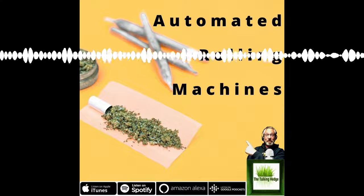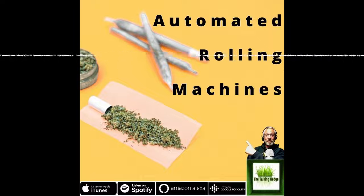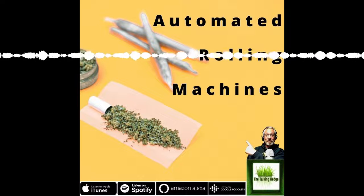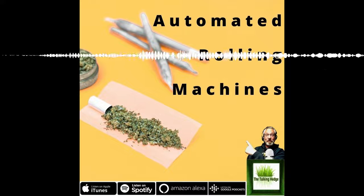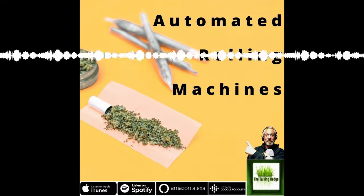Looking at the pre-roller, so this is their website, kind of a bigger machine, but I like this because it's all inclusive. So this is my favorite pre-roll machine because it has everything you need, labeling, all in one. So it's one of the only companies I've seen that allows you to do all of that. So most of these, like I said, are the same. It's very similar to the Hephaestus, but you'll find that this one is unique,